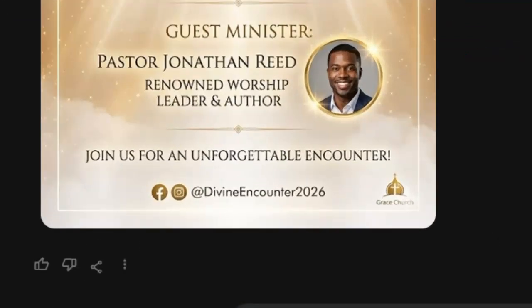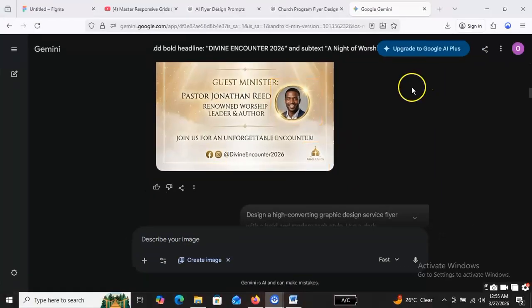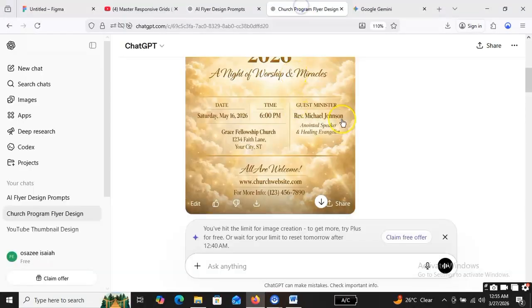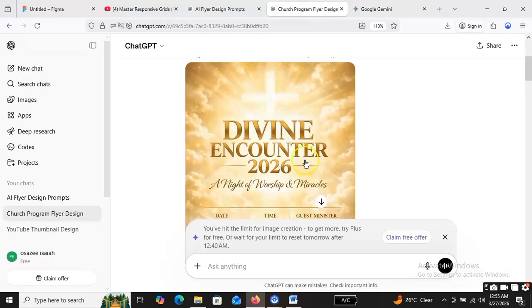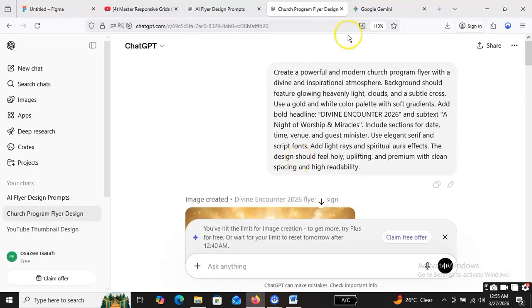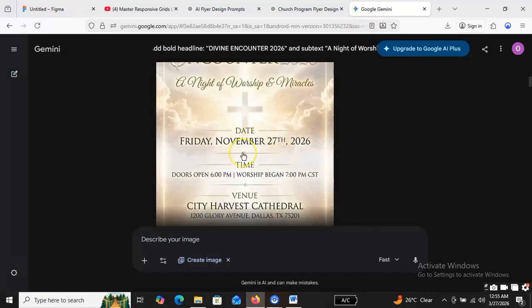Gemini AI is giving us the logo for Facebook and the church logo. You can see that's the church logo. We didn't ask for that. It's not part of the prompt that ChatGPT created. But it automatically gave us IG and Facebook. I think Gemini AI is more precise and gives more detailed information. ChatGPT, on the other hand, gives you a very simple design. It's not cluttered, not congested, just very